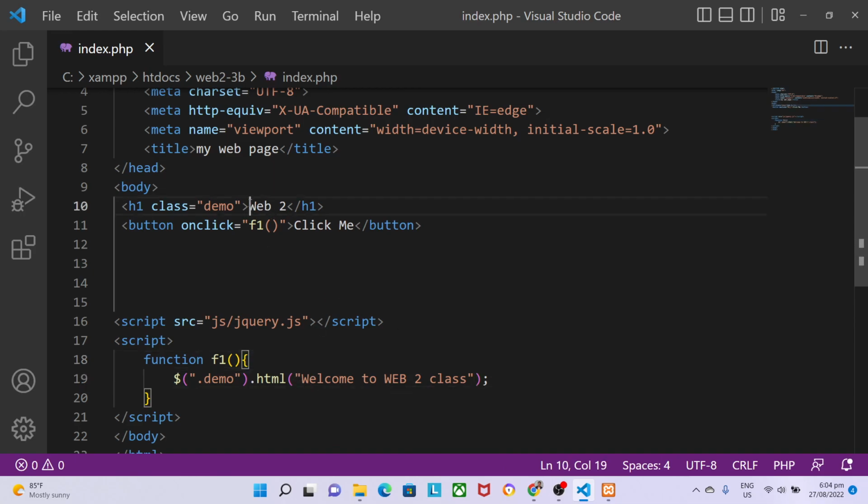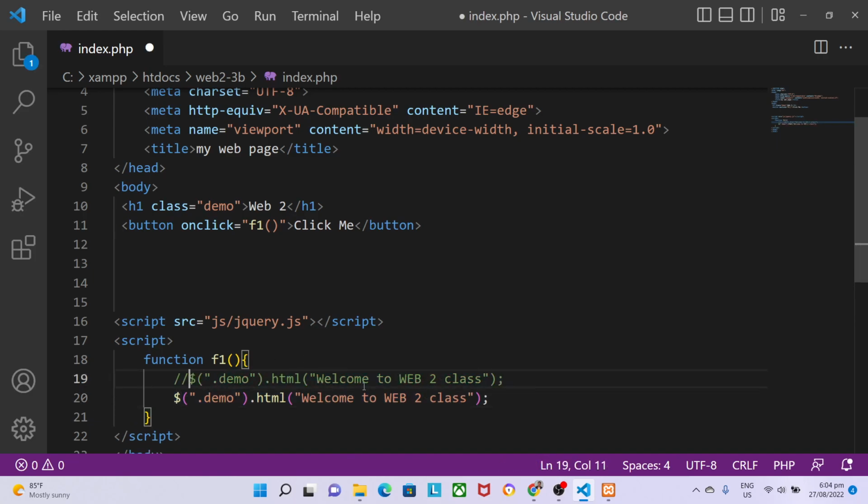Okay, now let's also get the value inside this tag. Okay, we will get the value and alert it. So what we did before was to display. Okay, let's just comment that out. The comment is double slash so you can comment out your JavaScript code. And here for demo, let's just go back to ID because I like IDs. I don't like calling classes. So to get the value inside our tag, we need to get